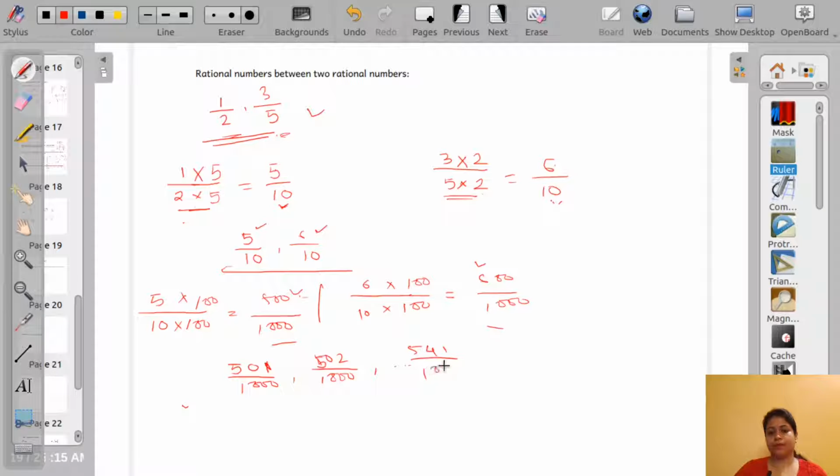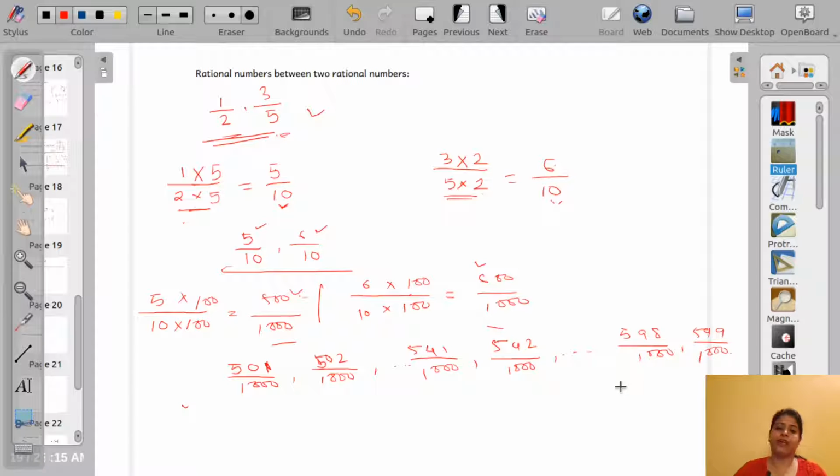541 by 1000, 542 by 1000, 598 by 1000, 599 by 1000. Okay, so this is the easiest method to find out any number of rational numbers between two